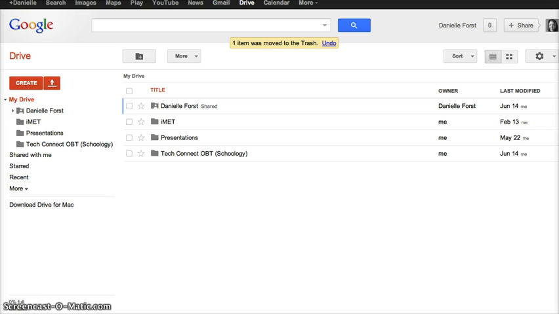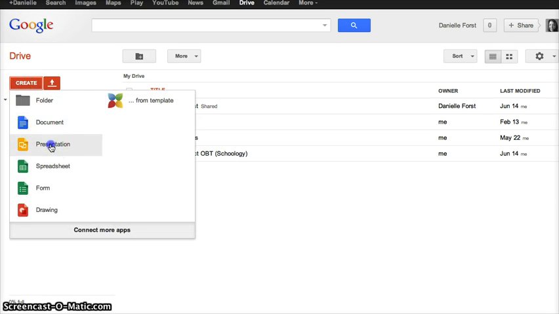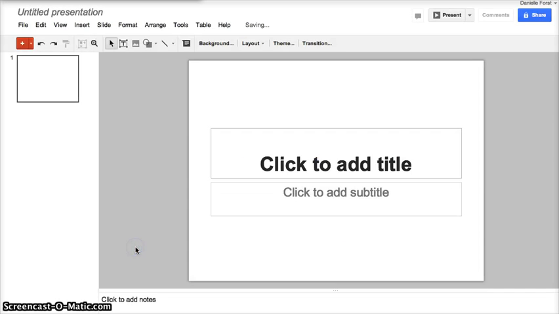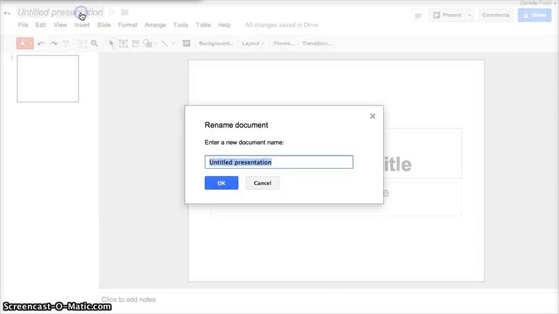Early communication will be important because one member will need to create the initial Google presentation and share it with other group members. Once you've logged into your Google account, go to Drive, click Create, Presentation. You can select a theme you like here, give it a title,